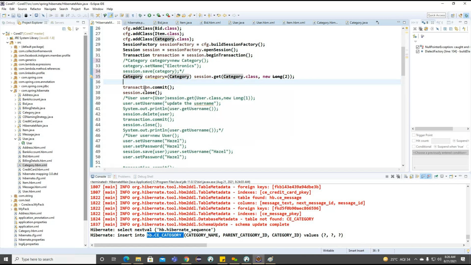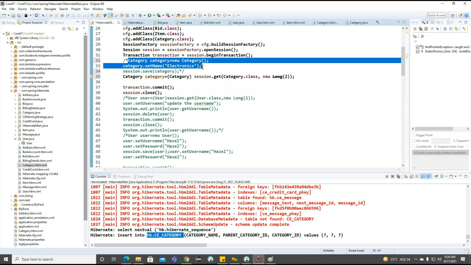So we convert into the category here. We are trying to load the category, and now what I am doing here, I'm trying to create child categories here. So once we load this particular object here, we need to copy this.